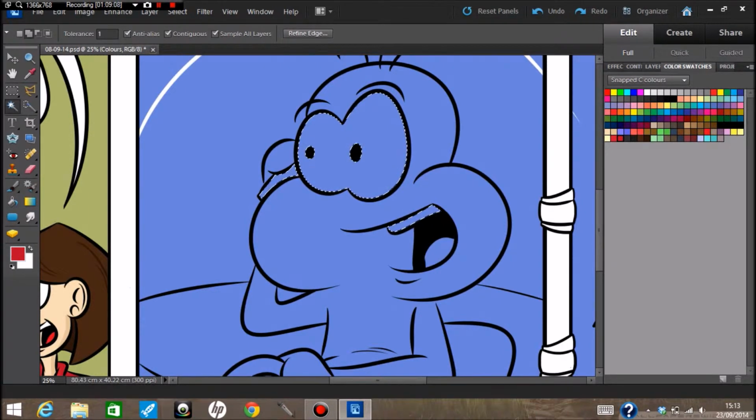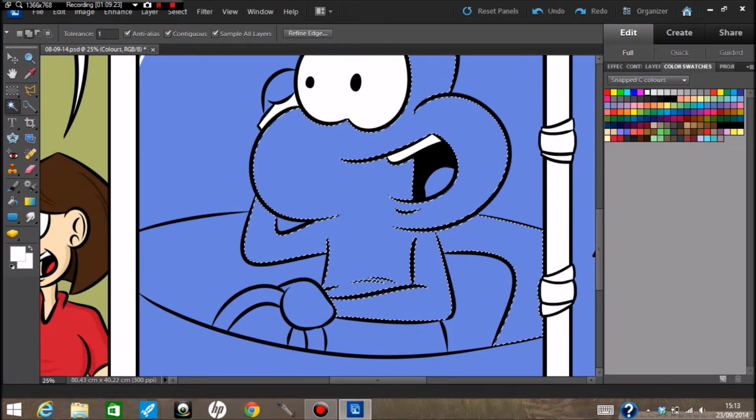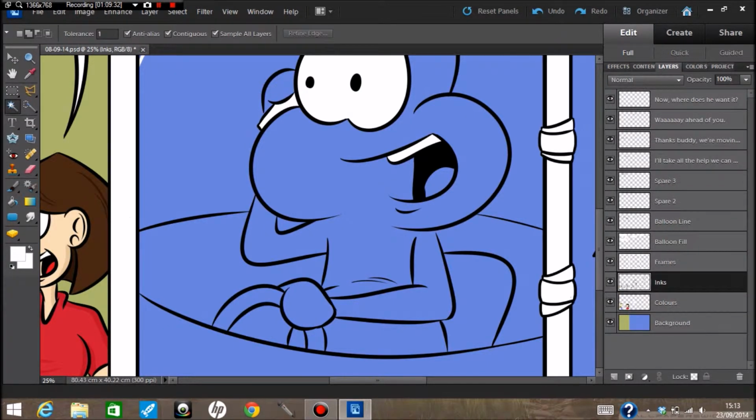No one. Right, select, modify, expand, white. Don't need to shade any of the white. Move on. Kip's skin, lots of it. Oh, I've got a crack somewhere. I've got a crack in the line. Got quite a few cracks. Never mind. I can't do that then. I'm gonna have to fill it in now. Again, bring up the ink layer. Join the lines up where I've gone over, back into colours,